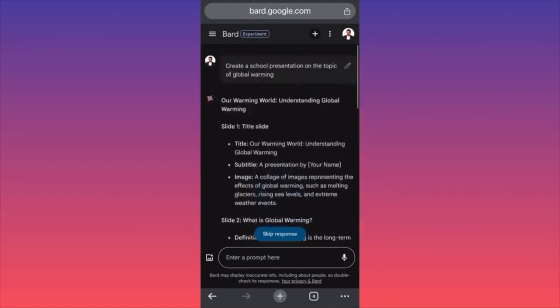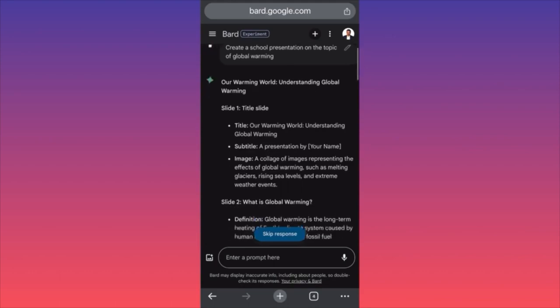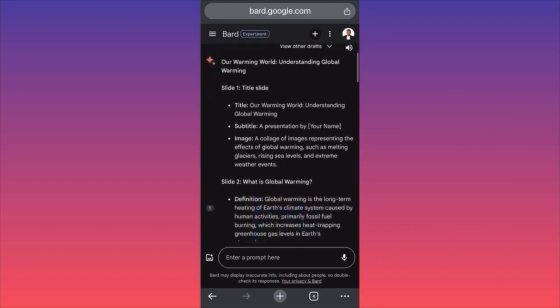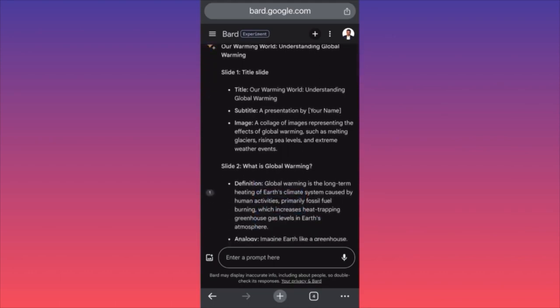Let's fact check the information first. Okay, our warming world, understanding global warming, title slide. Subtitle, a presentation by, image, a collage of images representing the effects of global warming.